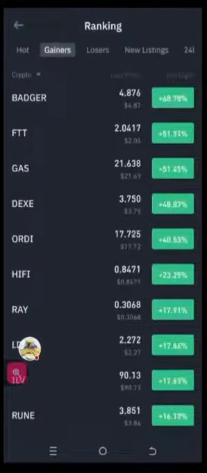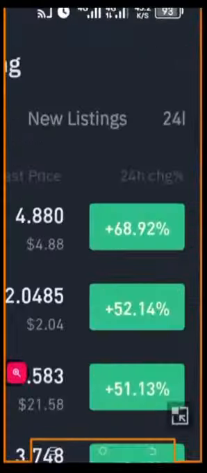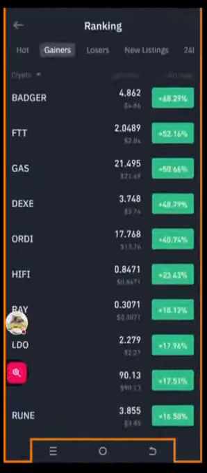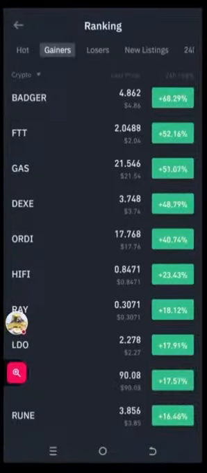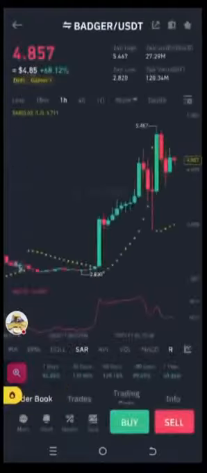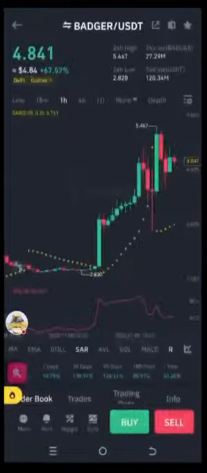Now, look at this. We can see that the topmost one has risen like plus 68% within the last 24 hours, right? That should be Badger, I think. Yeah, Badger is $4.86. Now, look at it. If I click on it, you can see what's going on here. Now, you can see how this run all the past 10 hours has been going up,